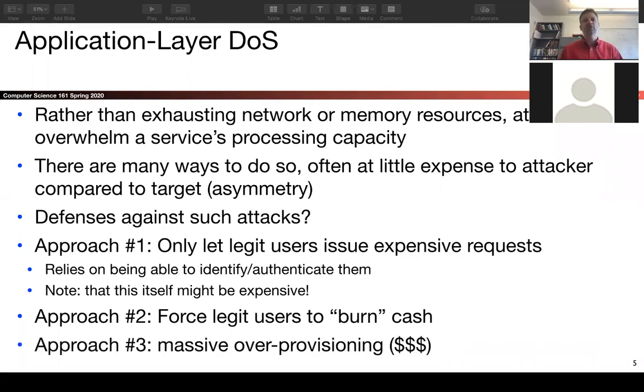And a third defense, which is probably the most typically used today, is to over-provision, just massively over-provision. You provide a service with way more capacity than needed. And so if you think of something like Cloudflare, that's how they defend websites against denial of service. They have their own content delivery network where they have tens of thousands of servers around the world, and they'll host your website on all of them if necessary. They have so much capacity, way more capacity than your service is likely to need in ordinary operation, just waiting for it. If needed, it can be called up.